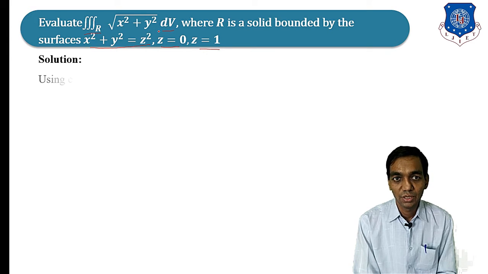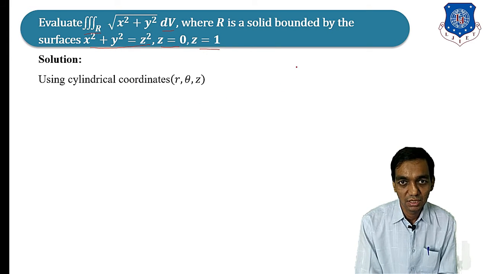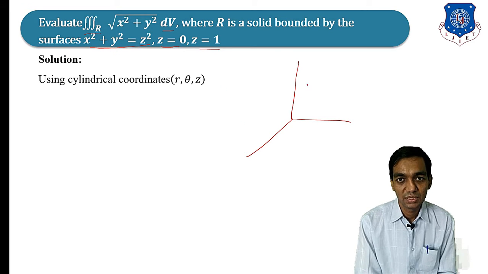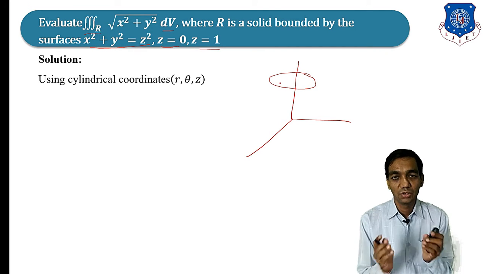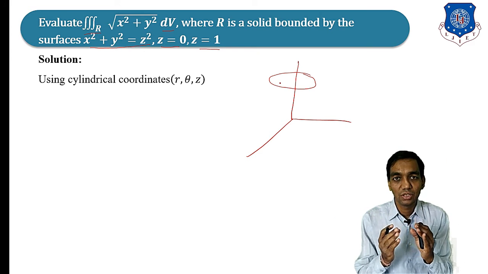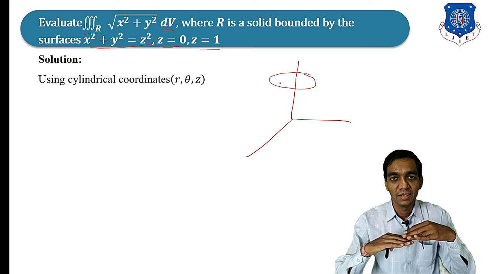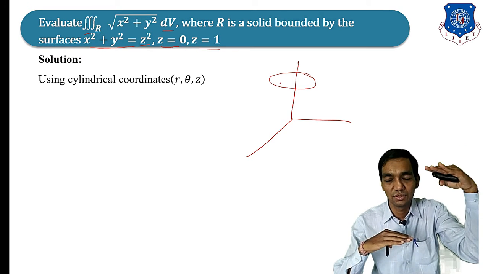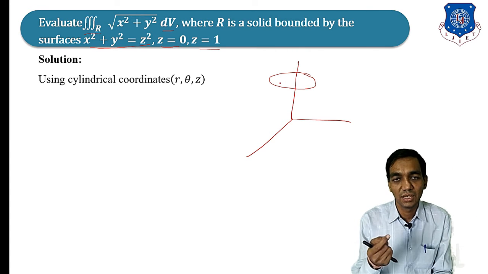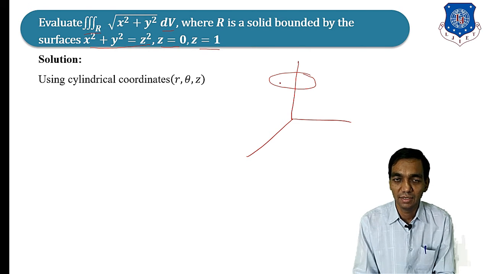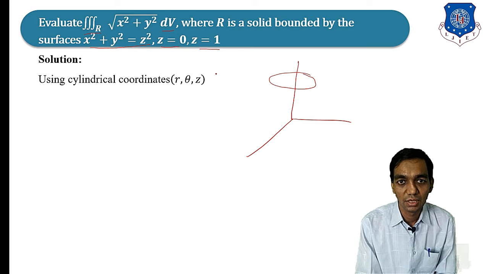See, if you are going to start with the limits, first of all, this is a curve in 3 dimensions. x square plus y square equals z square is the equation of a cone, an infinite cone, and you are going to cut it by two parallel planes. z equals 0 means your xy plane, and the second parallel plane is z equals 1. That will give you a cone like an ice cream cone, and this is the cone we have here.